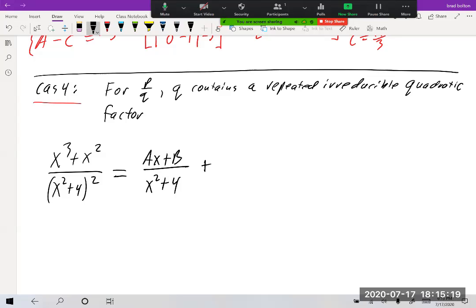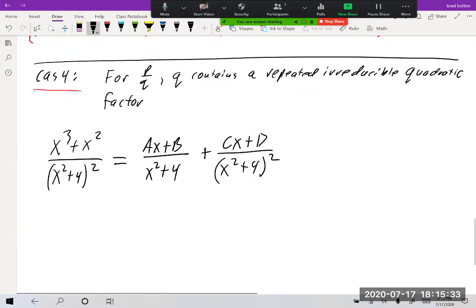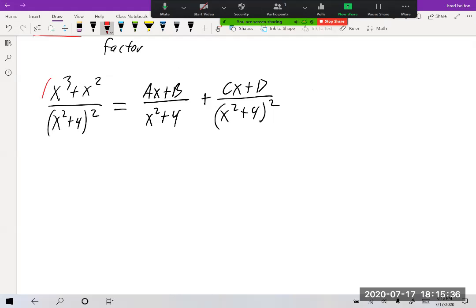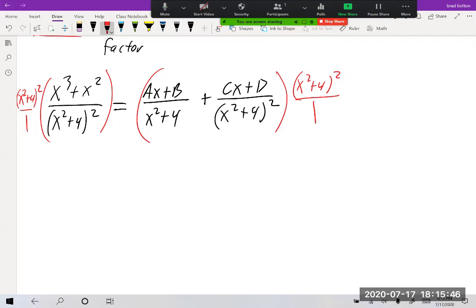But then we have to do it again for the second power, (cx + d) over (x squared + 4) squared, right? So here's what we're going to do. Let's see how this works. We're going to multiply everything by (x squared + 4) squared over 1, and then this by (x squared + 4) squared over 1. Okay, so this will cancel with this, and we'll be left with x cubed + x squared equals (ax + b)